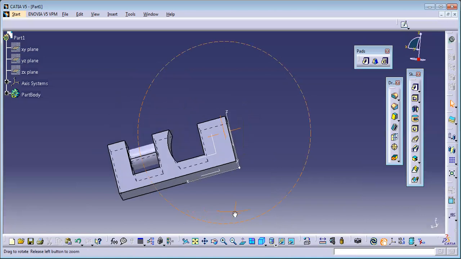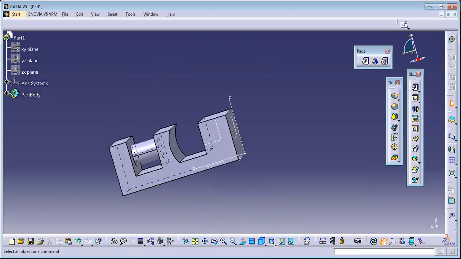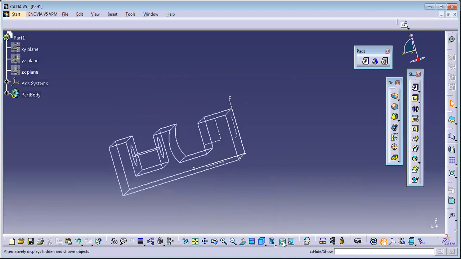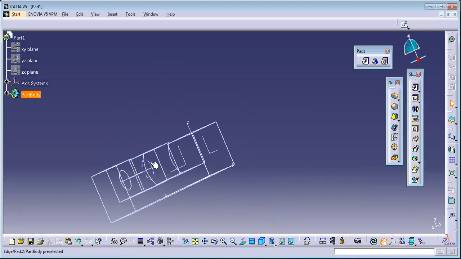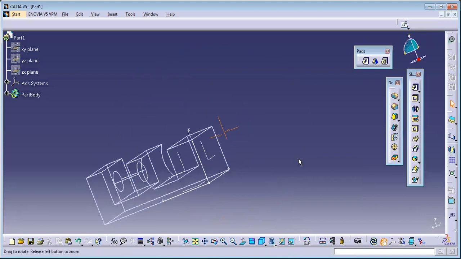So next what we have is called shading with edges and hidden edges. Now you can notice the hidden edges, what we are seeing. Shading with material, I'll explain at the last. The last thing is called the wireframe. See, here you can notice each and everything. Got my point?